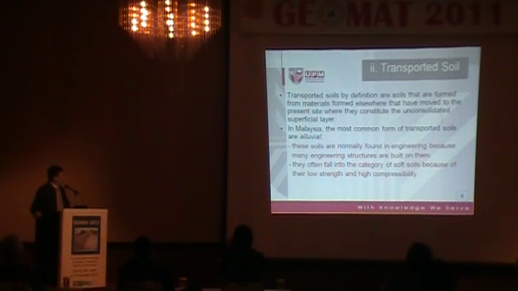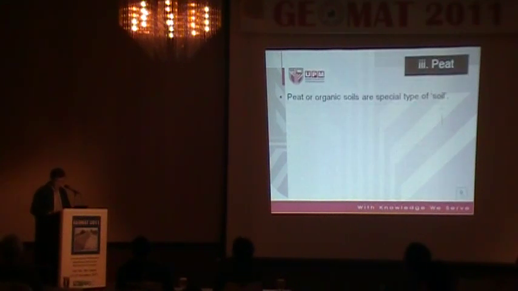Okay. Now, the other soils are the so-called transported soils. As I said earlier, transported soils are basically soils that have been moved from the parent location to a different place. So these soils are what we normally call alluvial, and they are normally found in engineering because many of our structures are actually built along the coast, because most people tend to live along the coast. They often fall into the category of subsoil because of their very low strength and also very high compressibility. And then we come to this very special type of subsoil, what we call peat,